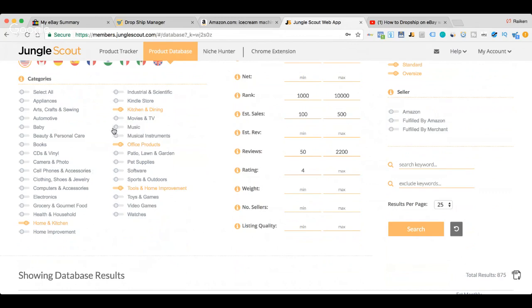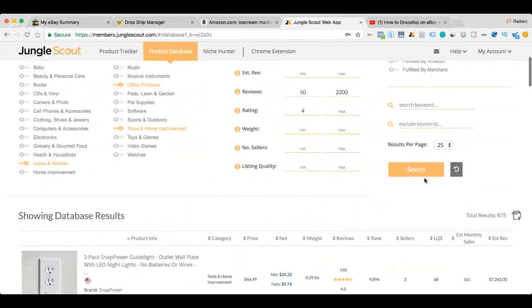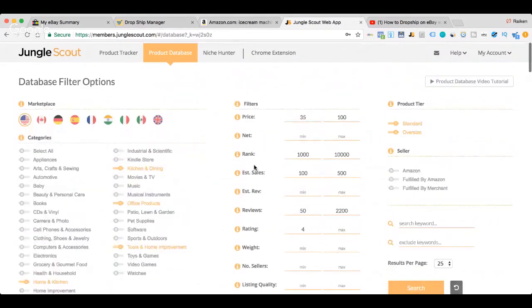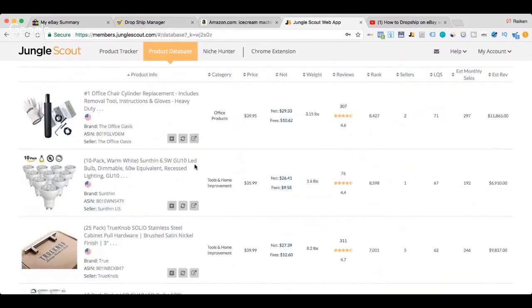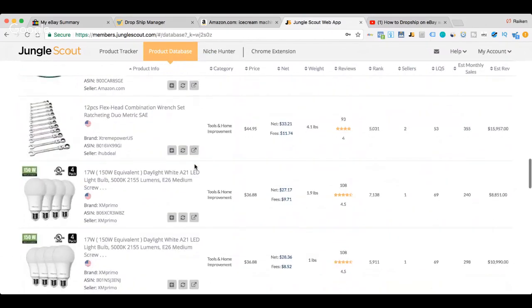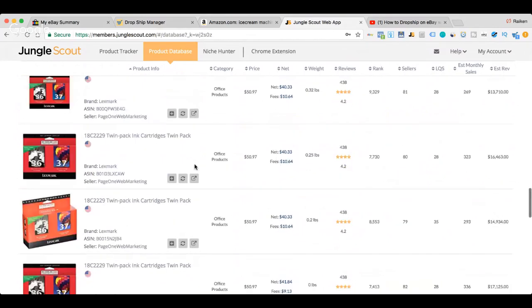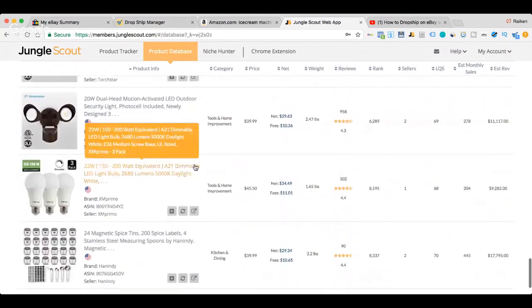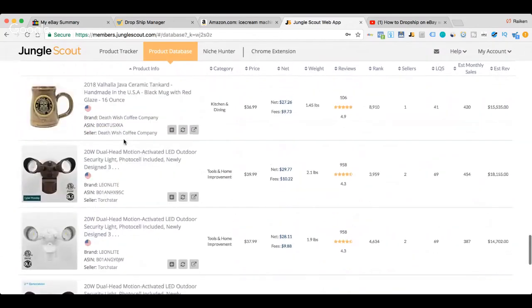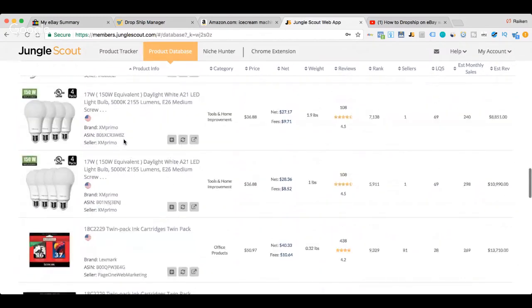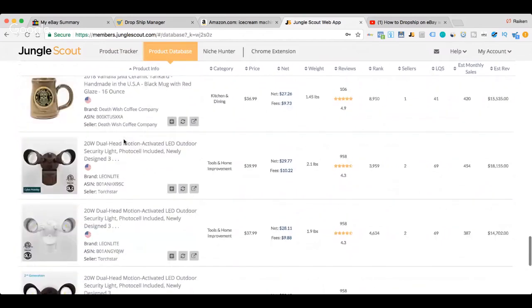So now I just chose a couple random categories, and then I hit search. So these are all going to be products that are selling on Amazon that meet the parameters above that I mentioned, the filters. So let's go down and find a product and see if anybody is drop shipping this on eBay. And this is how you're going to be able to quickly determine your competition drop shipping. Plus, you're going to be able to find other drop shippers that are selling on eBay. And then you can kind of look in their store and see what they're doing and kind of reverse engineer things. So let's find an interesting product.